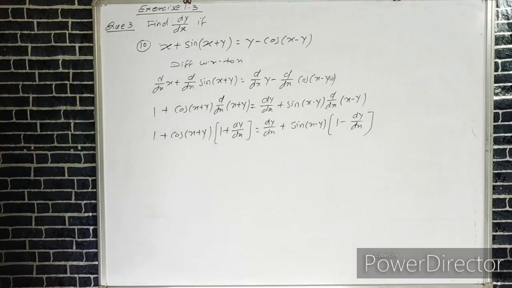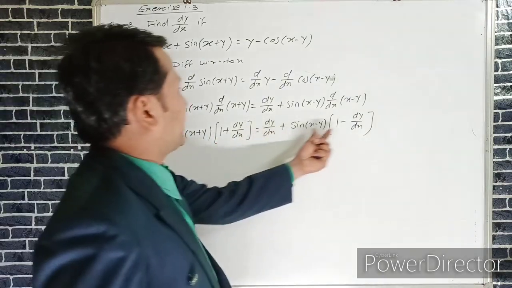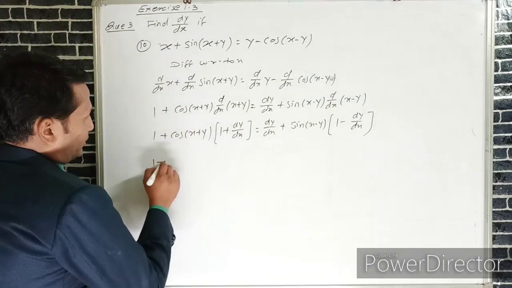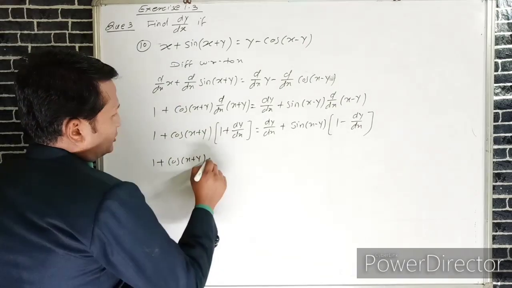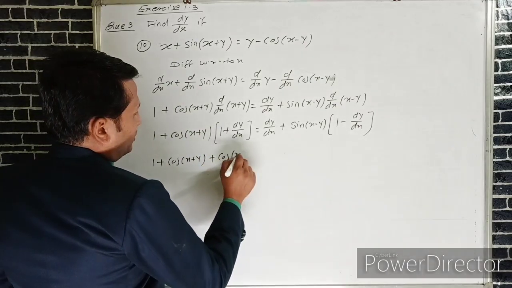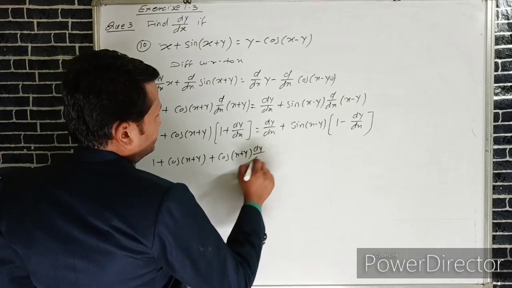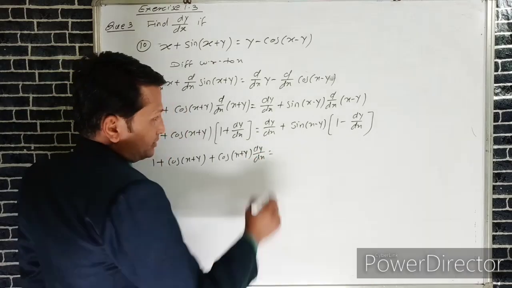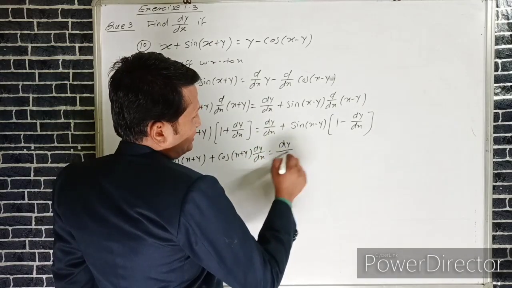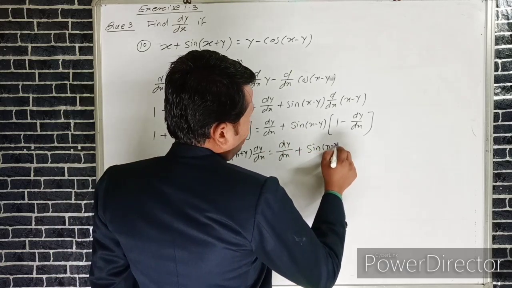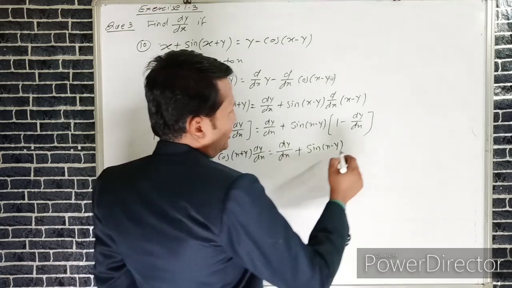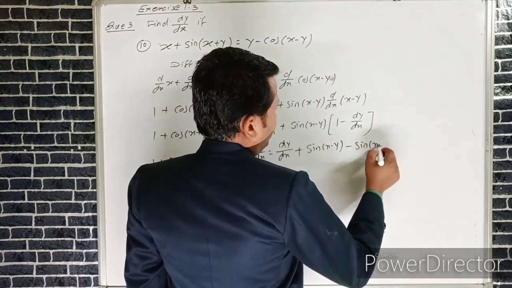If we multiply cos of x plus y with this whole bracket, then we can write 1 plus cos of x plus y into 1, cos of x plus y, plus cos of x plus y into dy by dx is cos of x plus y dy by dx. Here dy by dx as it is plus sin of x minus y into 1 is sin of x minus y minus sin of x minus y